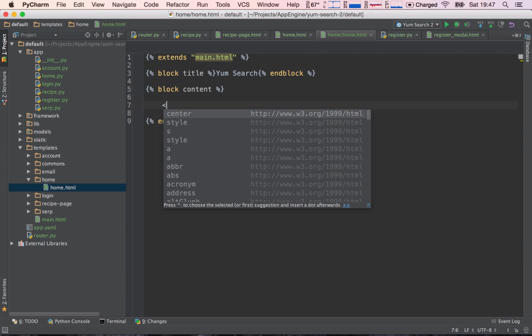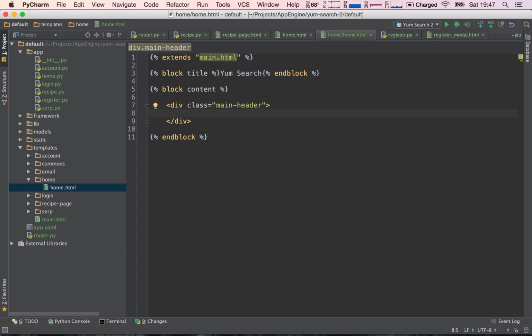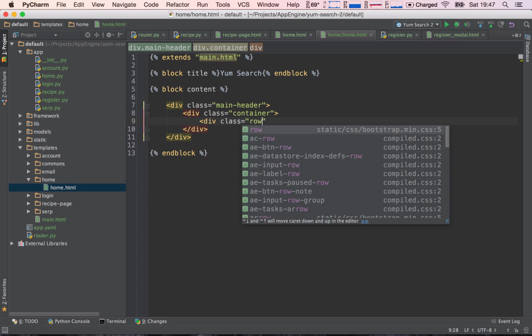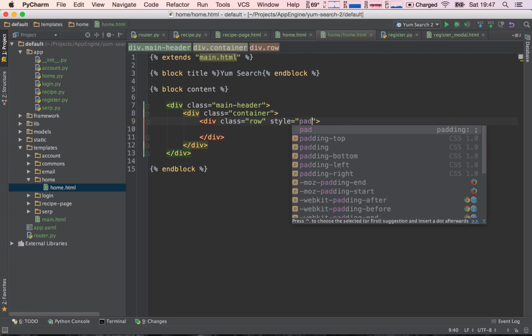Okay, so let's start off. Let's say div class main header. And inside of this, let's say div class container. And then let's create a row, so div class row. And I'm actually going to give this row a padding. So I'm going to add an additional style and say padding top